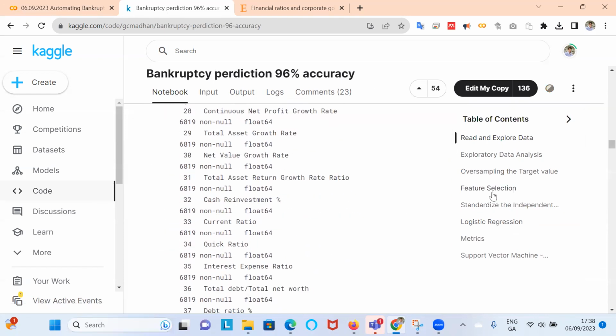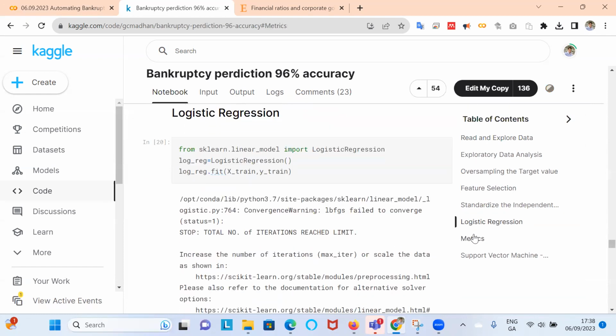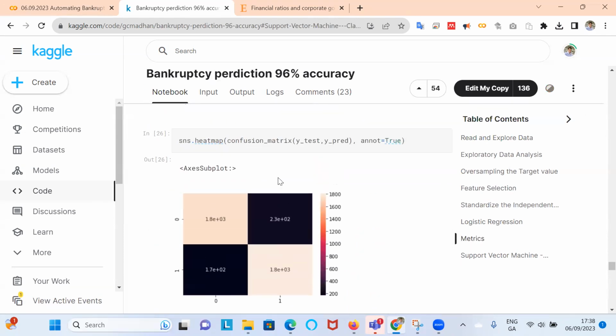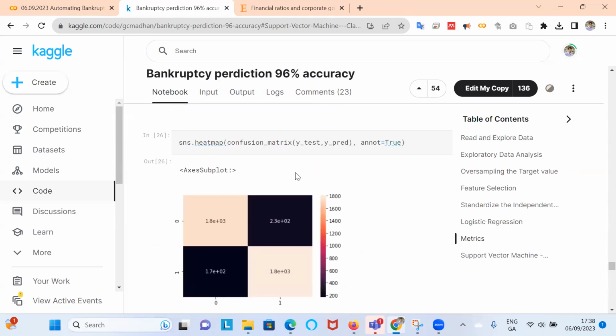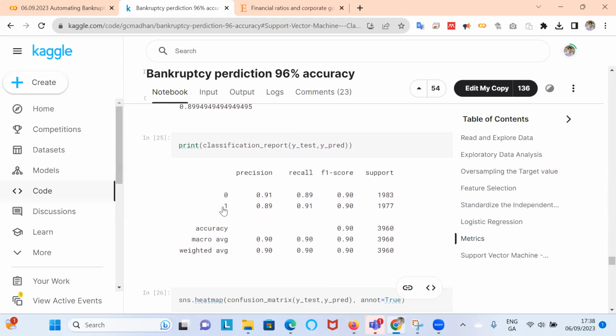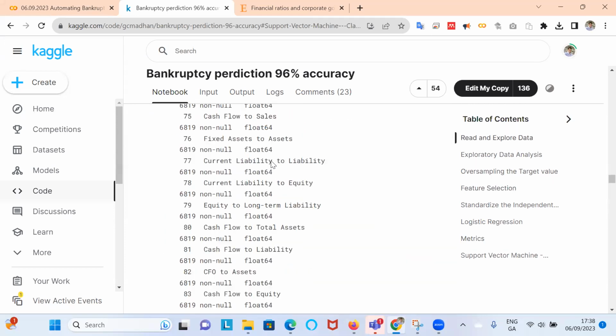What machine learning did they use? Logistic regression, metrics, support vector machines, and some of the outputs, such as confusion matrices set up using a Seaborn heat map, classification reports, accuracy levels. Okay, so they're fairly standard and very useful.